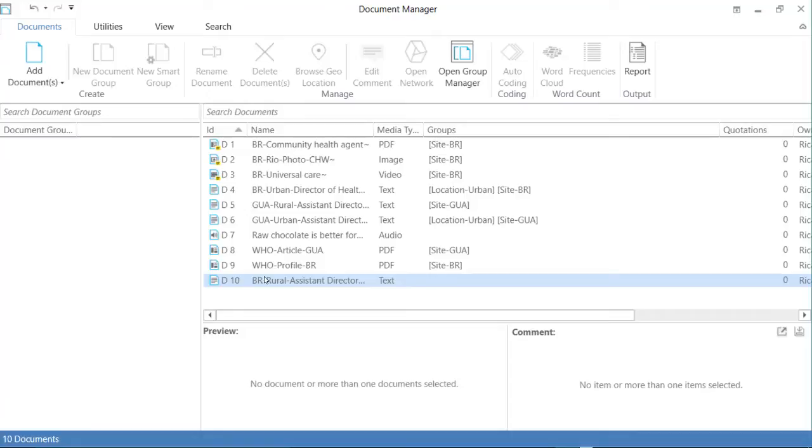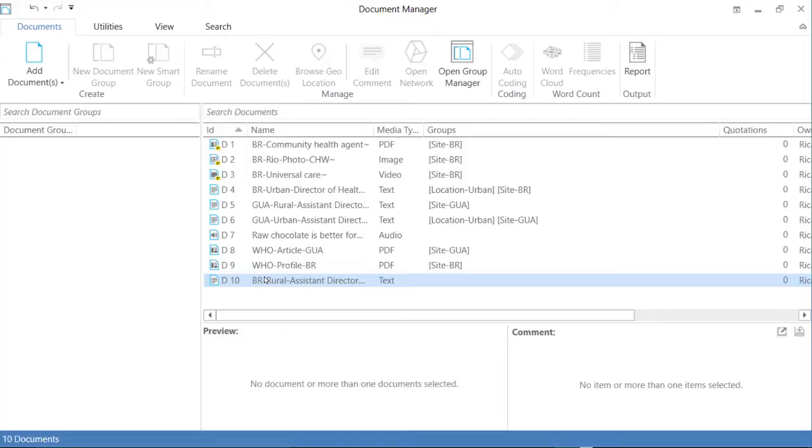If you want to analyze your data across ethnicity, then you have to group your documents according to ethnicity as well. In this case, we have site of data collection and location. So these are not demographic attributes, but still I have to group my documents according to these two different conditions